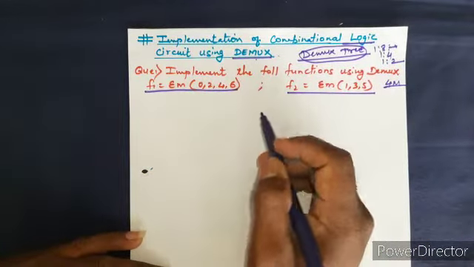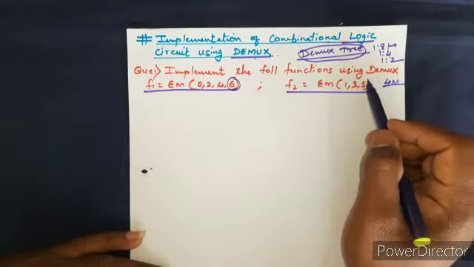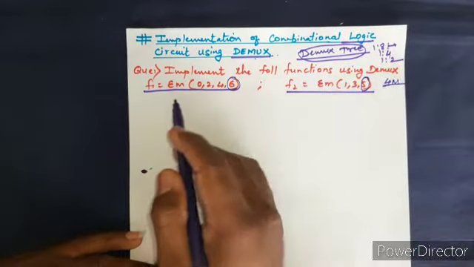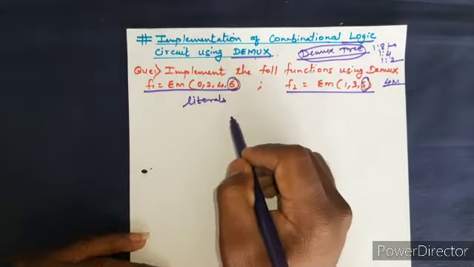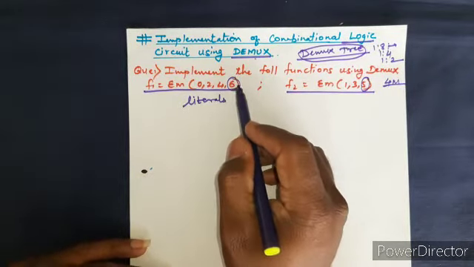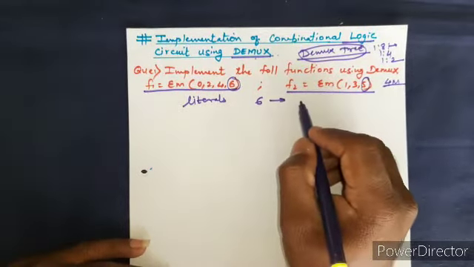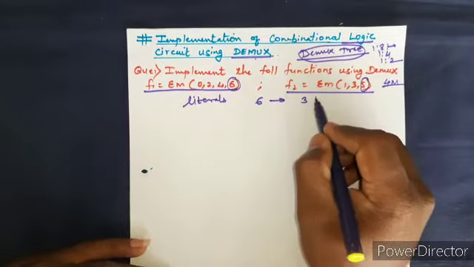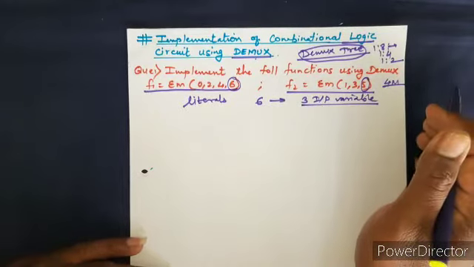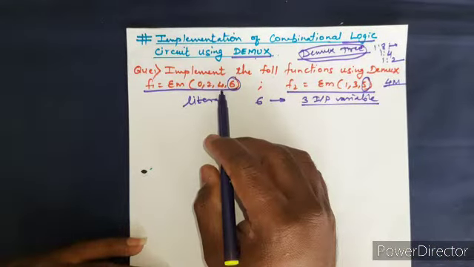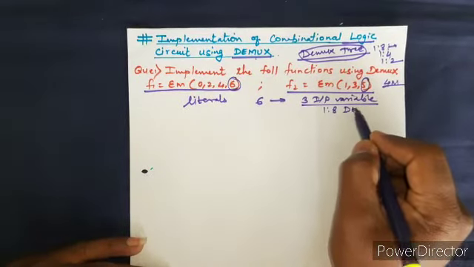of a demultiplexer. Now here again, look at the highest number. Here the literals are not mentioned. Okay, so you have to look for the highest number in the given equation, that is 6, and from this we can understand that it is a 3 input variable equation, right? And for 3 input variables we need to use a 1:8 DEMUX,